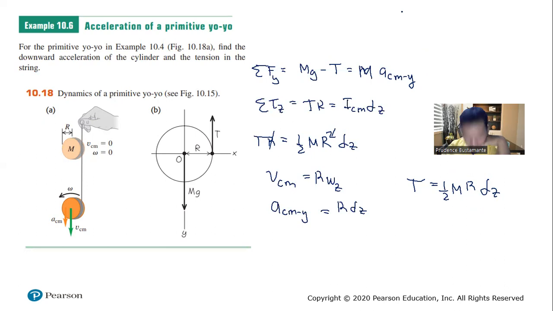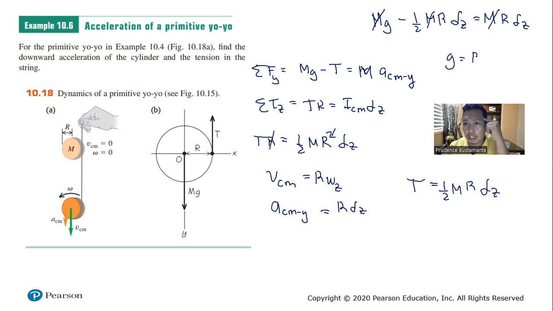So to find this, in this particular example, we have m times g minus 1/2 m r alpha z is equal to m times r alpha z. So we have mg, and we can cancel m. We have g is equal to r alpha z